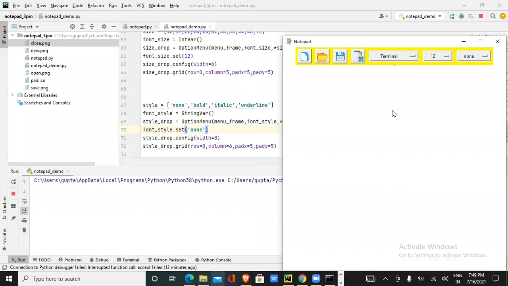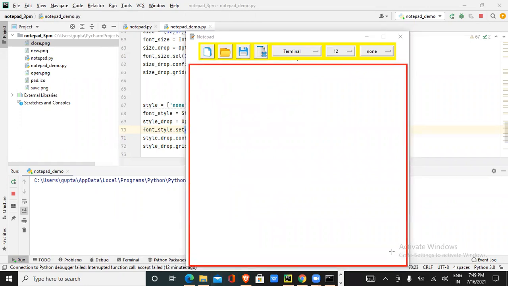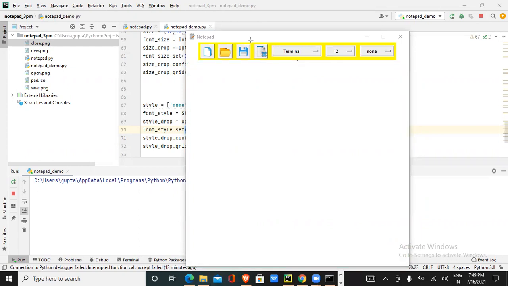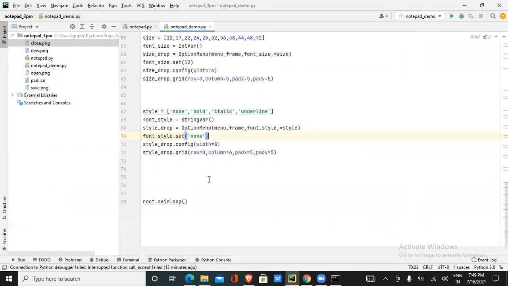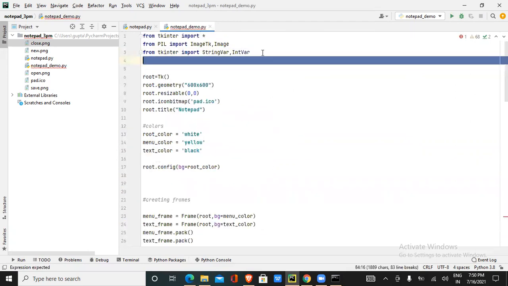Okay. So now the next thing is I should be creating a text box. My menu frame part is done. I am trying to create a text box where I can insert the data. So how to create that? It's very easy. We should only import the packages. That's it. So right here, creating text box. First of all, take a variable. I'll take the variable name as text_box equals, and at the top, I'll import a package with the name scrolledtext.